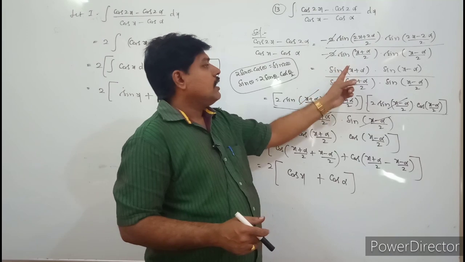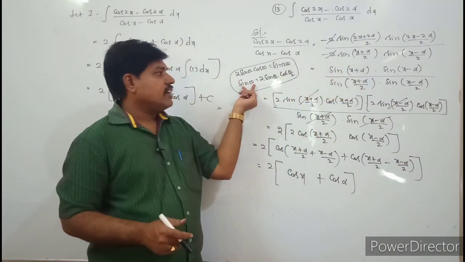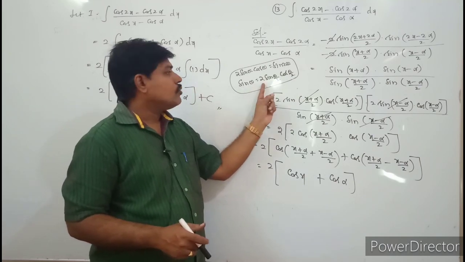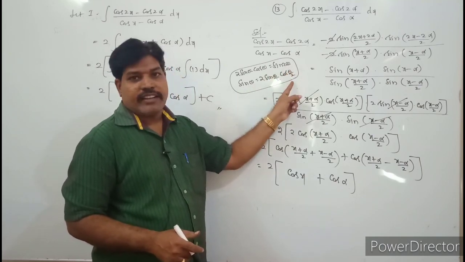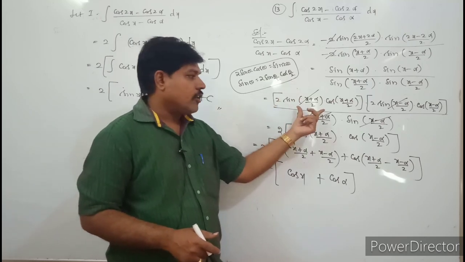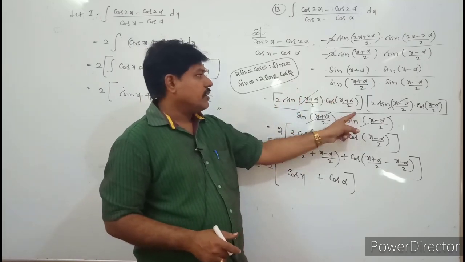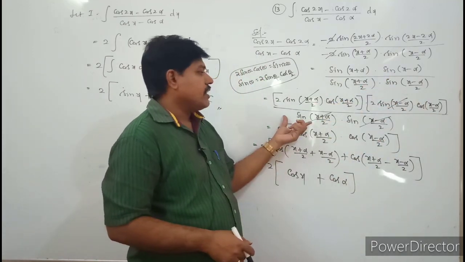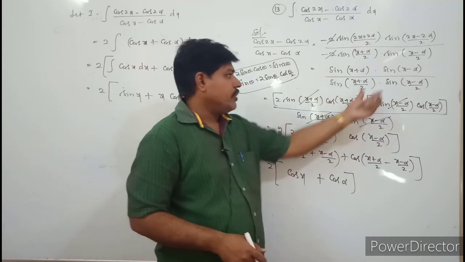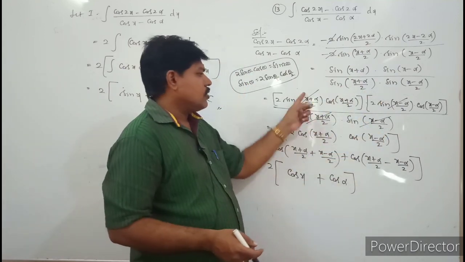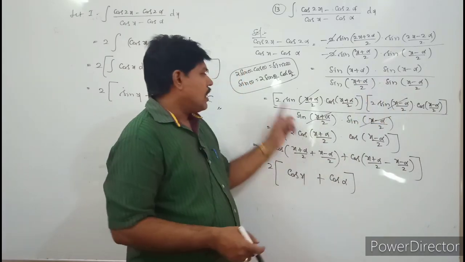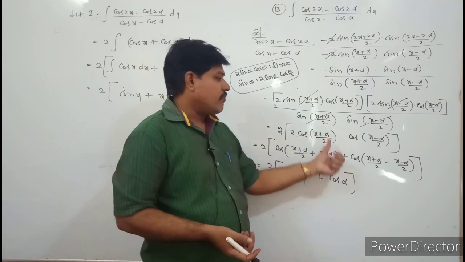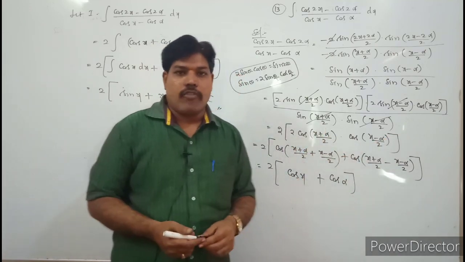So here it is in the form of sin theta. Sin of x plus alpha is in the form of sin theta. What is the sin theta formula? It is 2 sin theta by 2 cos theta by 2. It is also the same in the denominator. So what you will get in the denominator is sin of x plus alpha by 2 into sin of x minus alpha by 2. Cancel the terms here, these two and these two will be cancelled, and 2 into 2 will become 4. So take the 2 out, it will become 2 into cos of x plus alpha by 2 into cos of x minus alpha by 2.